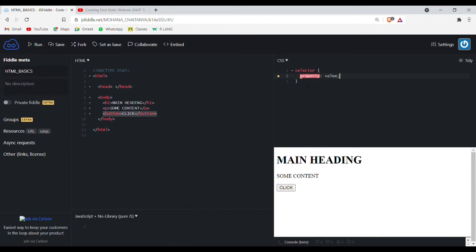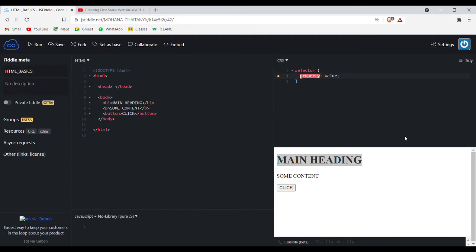Let's focus on the main heading. Let's try to center this main heading first. To center this main heading, we need CSS. In CSS, there is a property called text-align. It helps us to align the text or the HTML element towards left, center, or right.